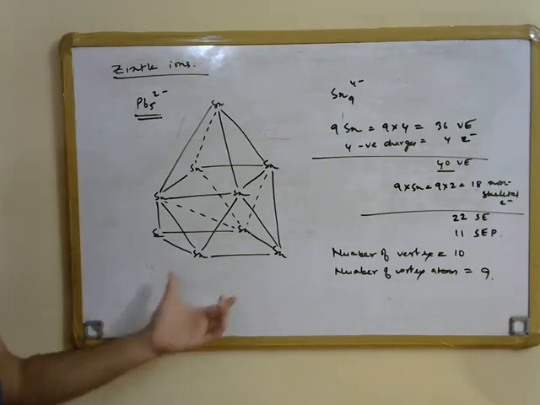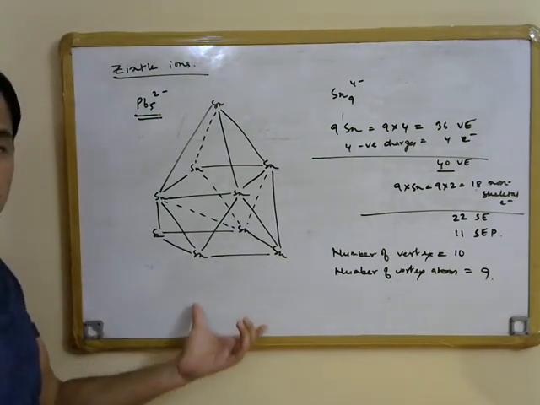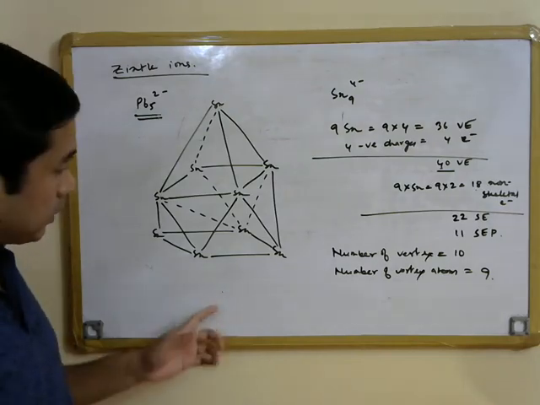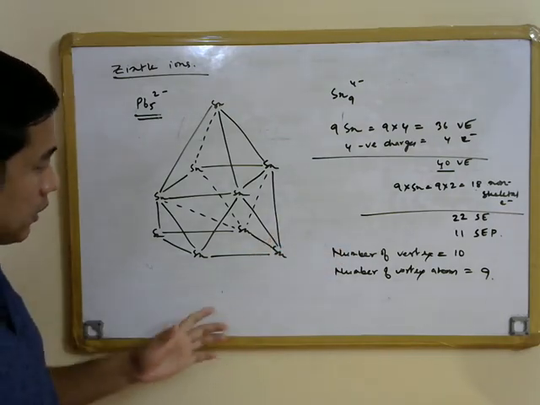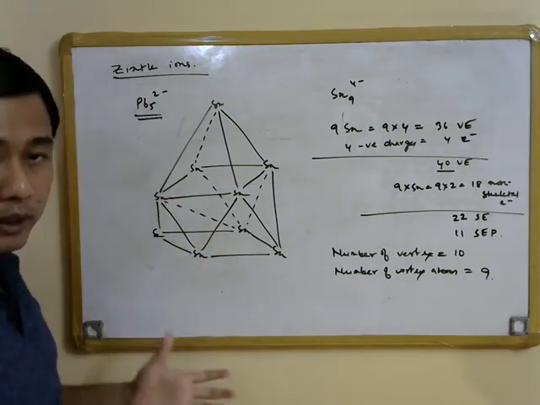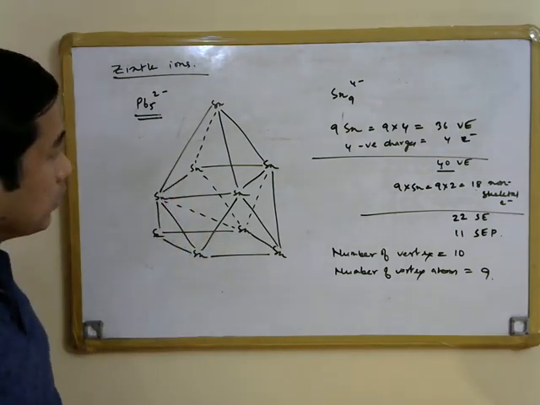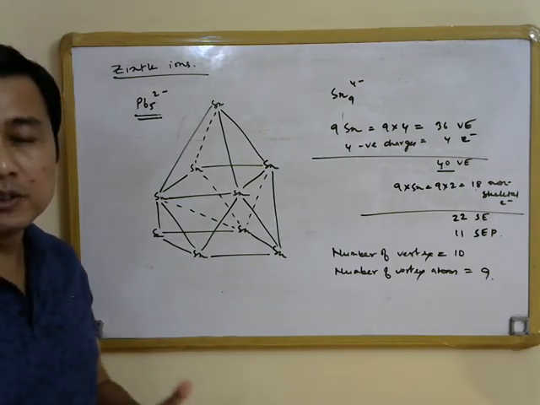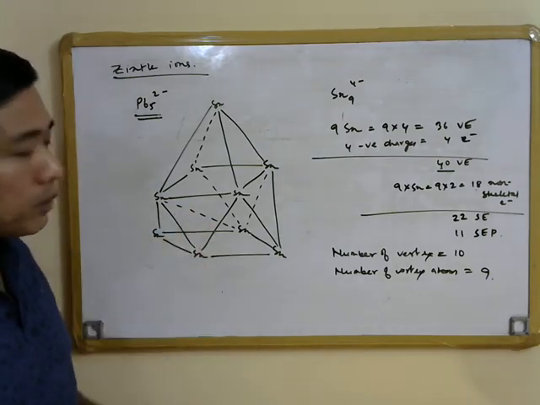So that is the structure. We see that this structure looks nest-like because one of the vertices of the decahedron, on which the structure is based, is not occupied by any tin center, and that is why it is a nido structure. So this is how we can also predict the structure of Zintl ions by using Wade's rule,